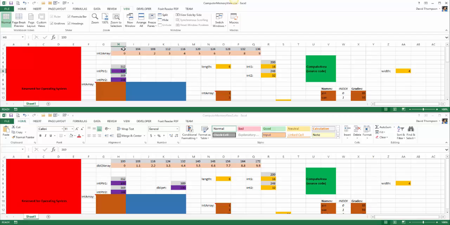Notice that each integer in the array is 4 memory locations away from the last. Thus, the first integer in the array is at location 100, the second is at 104, the third is at 108, and so forth. Now with doubles,